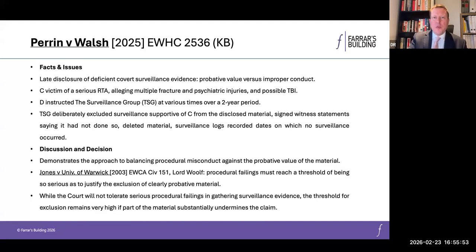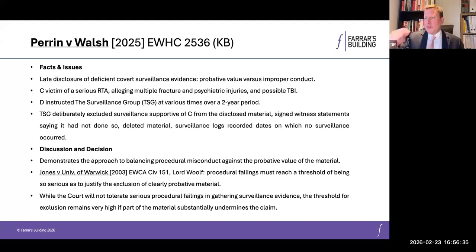And we've got a few more minutes, so coming to the final case to look at, which is a procedural case, as I highlighted earlier, Perrin and Walsh, and essentially a case about balancing the probative value against the prejudice or ambush to the claimant of some surveillance evidence. But it's not a particularly comfortable case for the surveillance group, but it's also not a particularly comfortable case for claimants being faced with video surveillance evidence, which really does have some probative value, because there's a pretty high bar for the exclusion of such evidence.